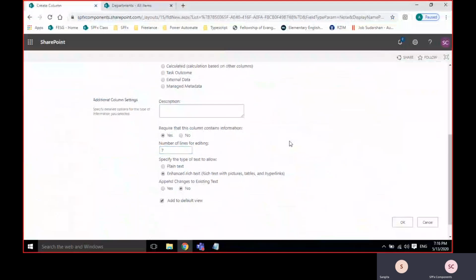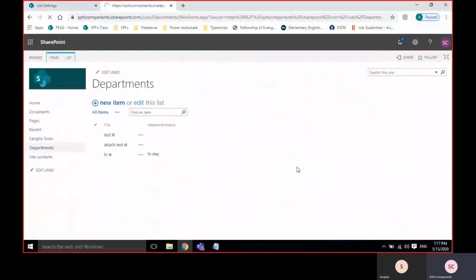Can you put 256 lines of their profile? But that look and feel is completely elaborated to the maximum. So generally we'll give 6. I'll show you that. We'll make it enhanced rich text. I'll show you what that enhanced rich text is.